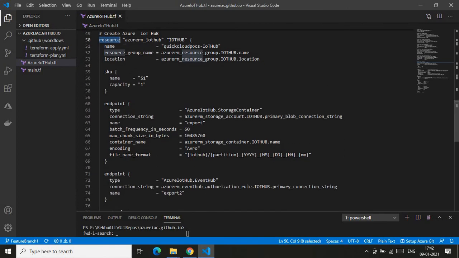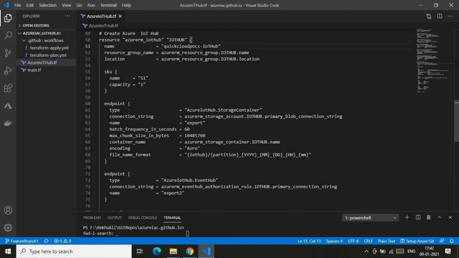The IoT hub is a resource in Azure as well as in Terraform, hence it's denoted as a resource. This is the resource type to create the IoT hub, that is azurerm_iothub. This is the variable which stores the data of my IoT hub. Inside this curly bracket block we are not only creating the IoT hub, but also defining its further tasks, hence the definition is larger. Let me walk you through line by line.